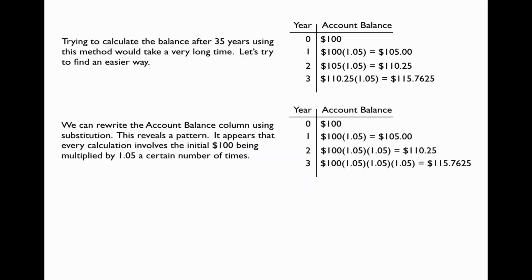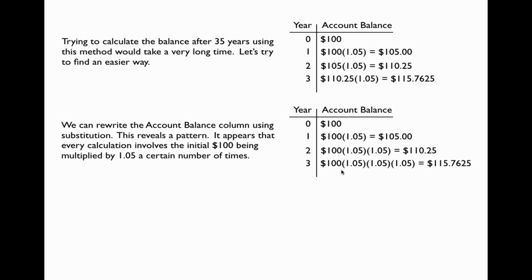So one thing we can do is rewrite this using substitution. We know that 100 times 1.05 is equal to $105. So instead of writing the $105 here, we could just write the calculation that gets us there, which is 100 times 1.05. That's what I've done here. Here's our $105, and all we're doing is taking that and multiplying it by 1.05, and that gives us